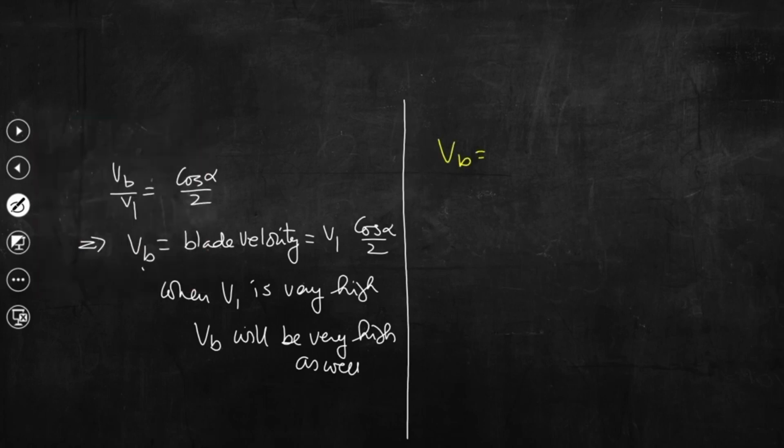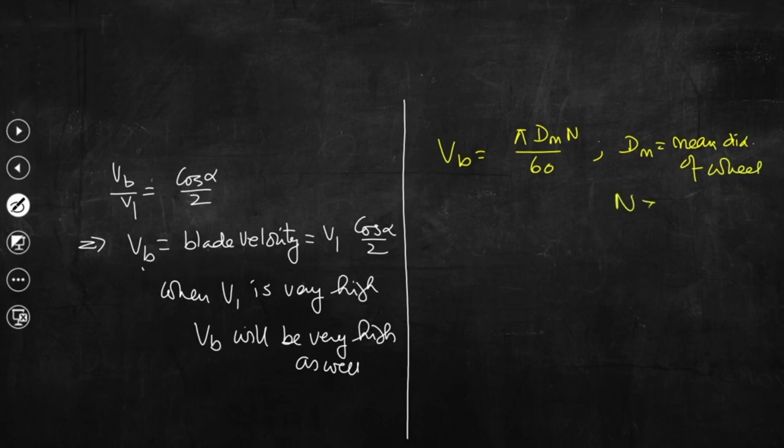VB equal to pi dm n by 60. Dm is the mean diameter of the wheel, and n is the speed of the wheel. Okay. So, you understand that there are two possibilities to accommodate such a high VB. If we fix dm, so case 1, when dm is fixed,